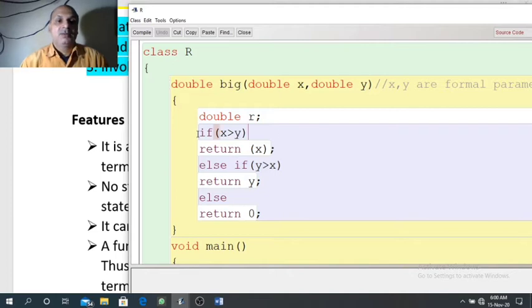So if x is more than y, it means x is larger, in that case function will return x. Else if y is more than x, it means y is larger, in that case it will return y.